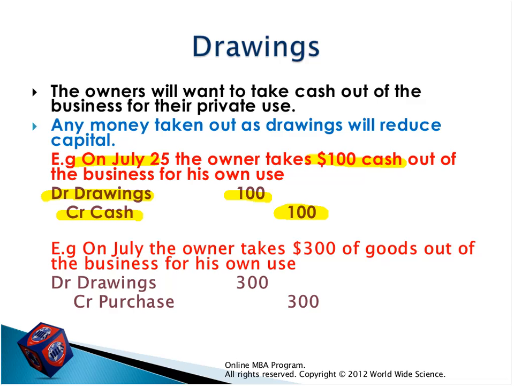So next, let me show you the next example. Here, on July, the owner takes 300 USD of goods out of the business for his own use. Now you see, the owner is taking not cash from the company, but goods which cost 300. Sometimes owners do like this, this situation could happen when they can get some